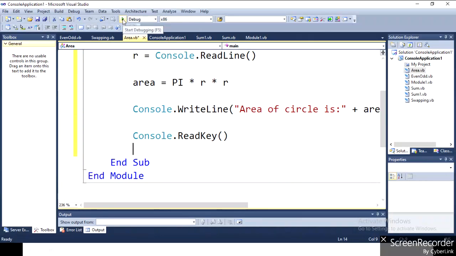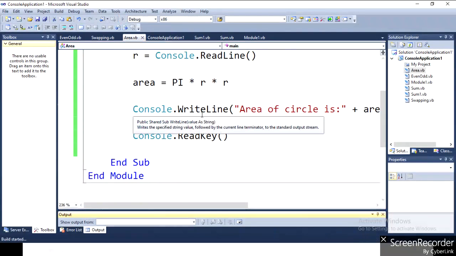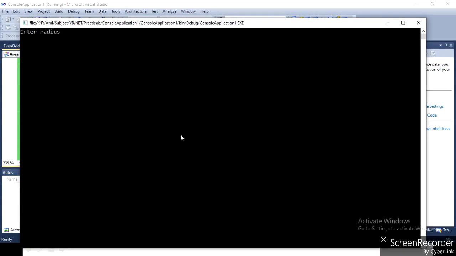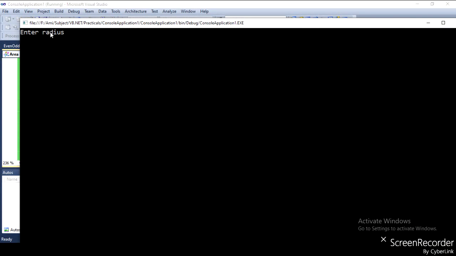Now run the practical. Enter radius. Suppose I enter the value of r equal to 2, then the output is: area of circle is 12.56.